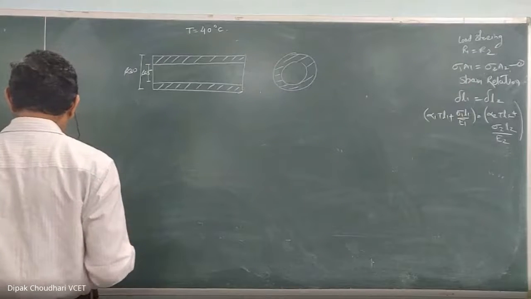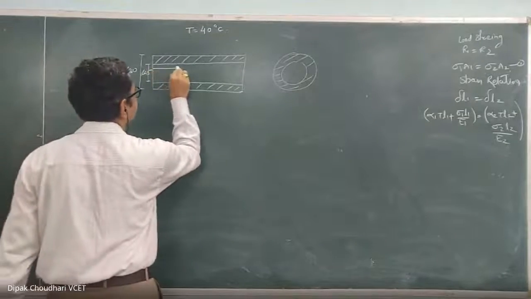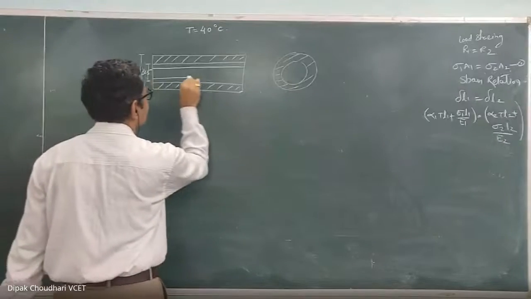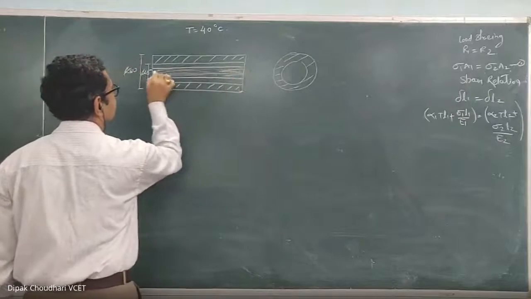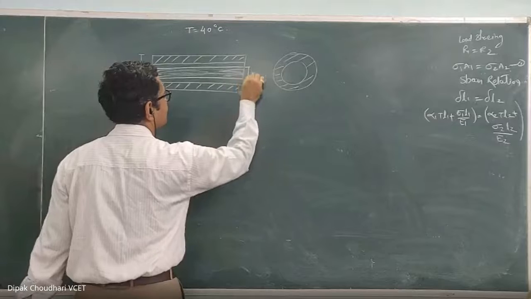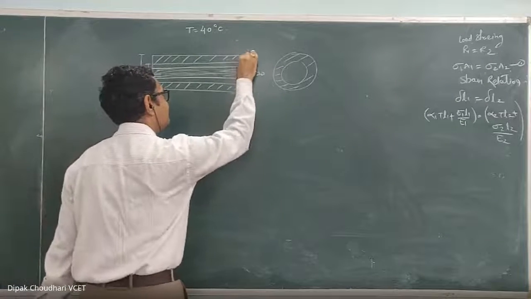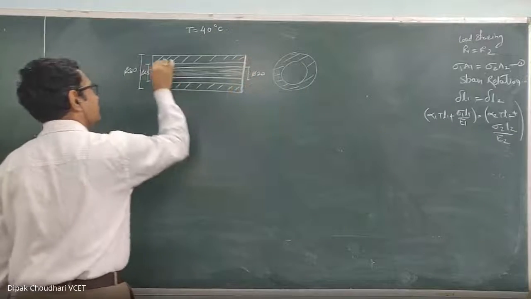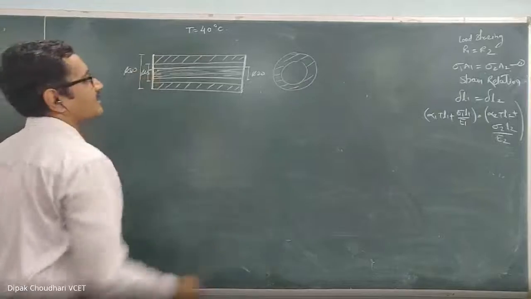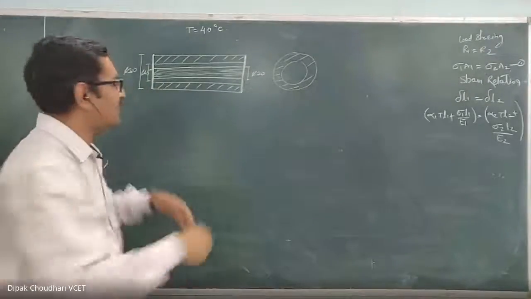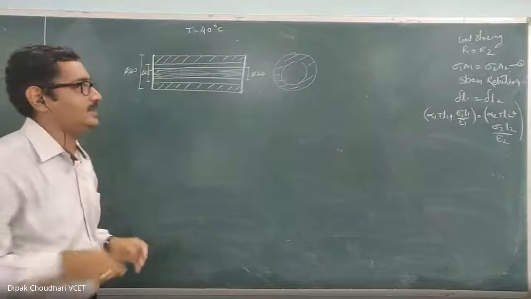And in this one, there is a steel rod of 20 millimeter diameter. So this is the steel rod of 20 millimeter diameter. So its diameter is 20 millimeter. And at the end, they are rigidly fixed with the help of rigid plates. It becomes a rigid connection now. Because of these external plates, they are rigidly connected together, meaning they are not free to elongate individually.